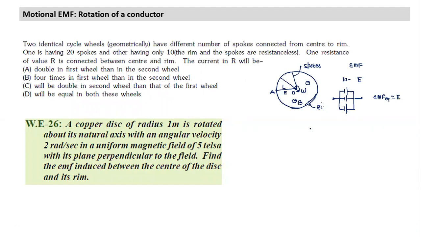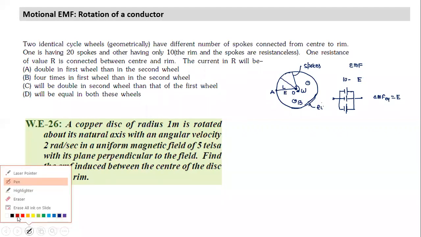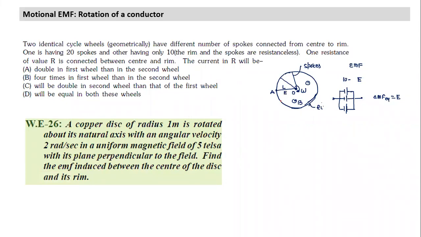Yes, sir. We connect the terminals to the center and the rim. So I have to have a sliding contact here. All points on the rim have the same potential. So suppose I have a sliding contact here, a bush kind of thing, and I connect a bulb here, and the other point of the bulb I place at the center. I'll find the light will light up, and the faster I rotate the wheel, the brighter it will appear. So it has to be connected to two points which are at a potential difference, and this can be done as an experiment.